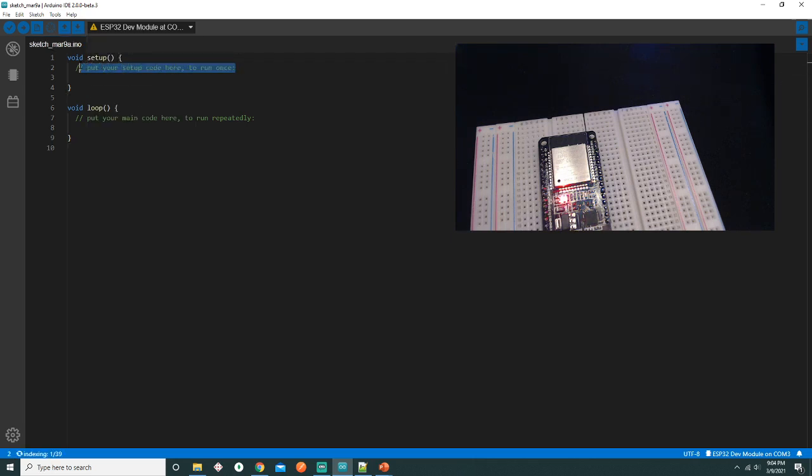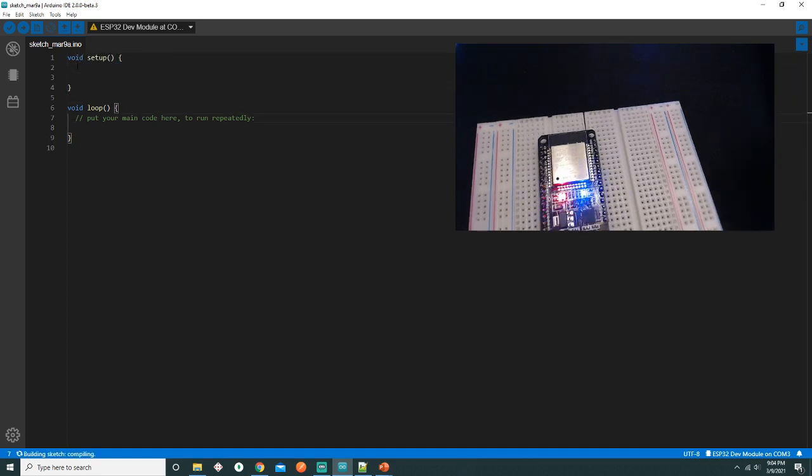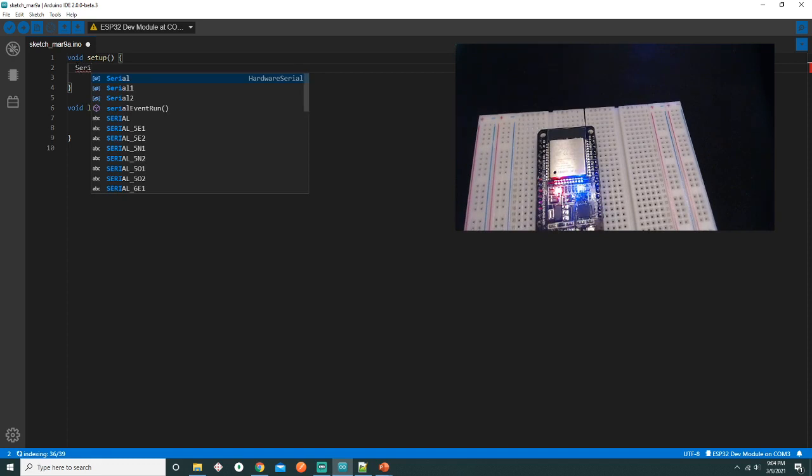Now let's check out the auto completion feature and how well it works. I'll write a simple blink code for blinking the onboard LED. Before that, let me set up the serial port. It is pretty fast. I can say Serial.begin. Not sure whether this is a bug or something.